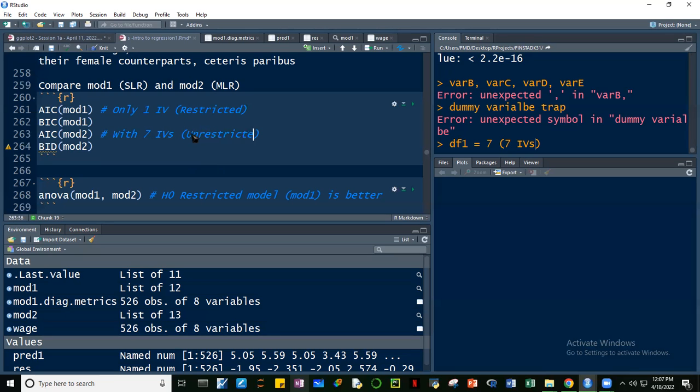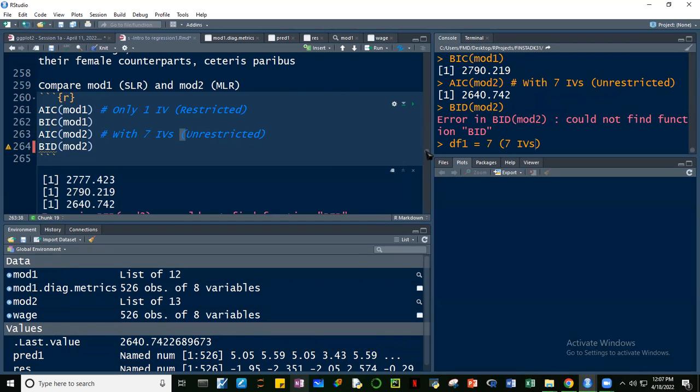So careful tayo dito, guys, ha? Yung unrestricted at saka restricted, it's based on the number of independent variables. Hindi yung Model 1 or Model 2. Hindi yung pangalan na yun. Generic lang yung Model 1 or Model 2 yan. Okay, if we run this,